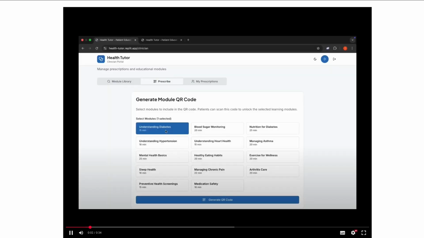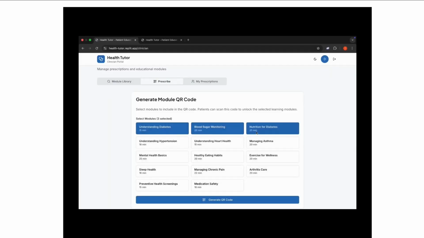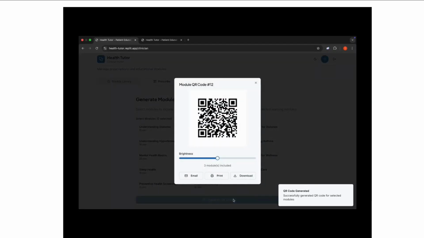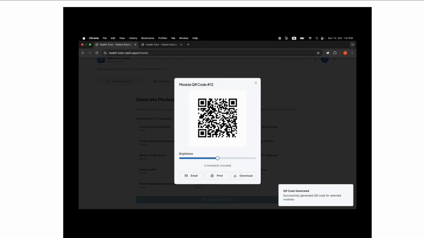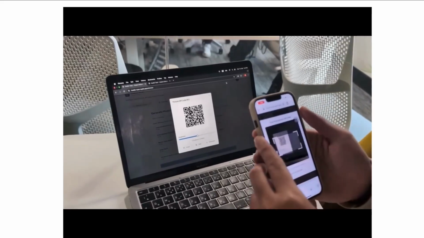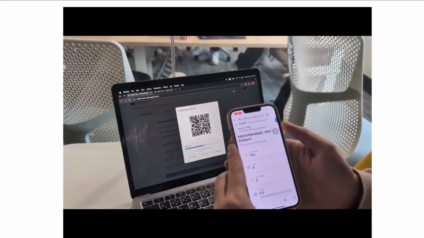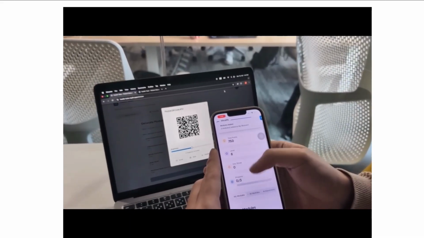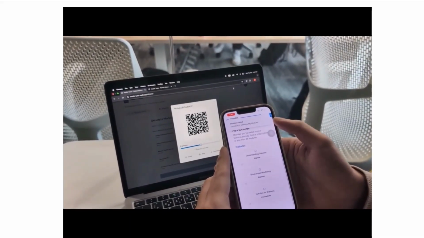So the patient will have this application on their phone. This is the doctor view. So the doctor will prescribe modules that they think will be useful for the patient to know. They'll generate this QR code. The patient will then take their mobile device, scan that QR code, and have those modules that the doctor's prescribed